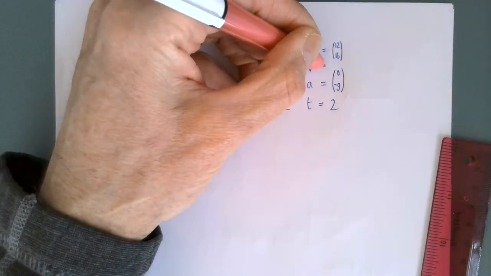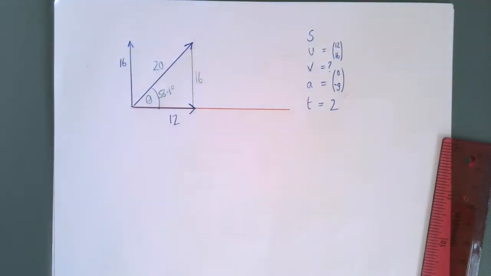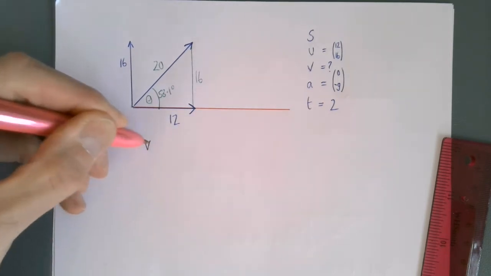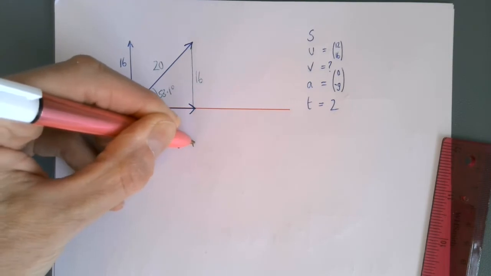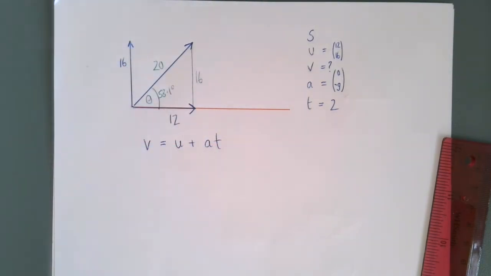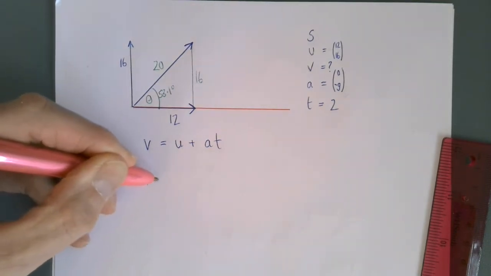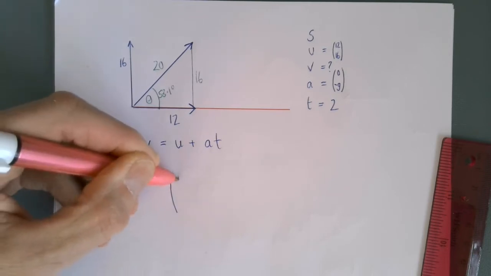And we want to work out its current speed. So S not involved in this question at all, so I'm going to use V equals U plus AT. And I could do this separately, horizontally and vertically, but I'm choosing not to. I'm going to say, right, V is equal to the initial speed